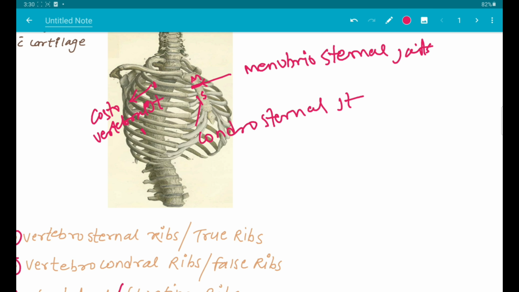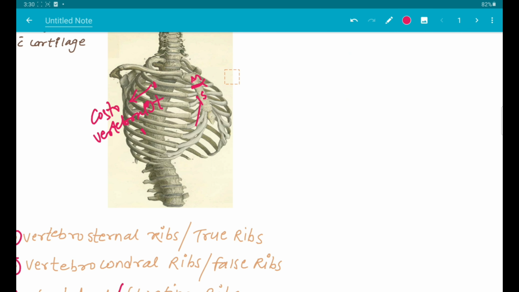So that is why it expands, allowing the lungs to expand by providing more space to them. That is why air comes into the lungs and we take a breath properly. And when we expel air from our lungs, the costal cartilage comes back to its original position. So this is the procedure of inhaling and exhaling.